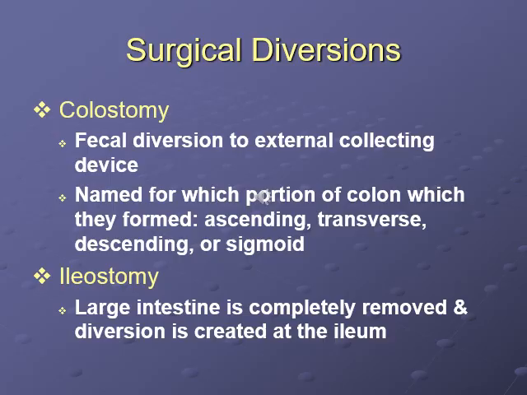So, surgical diversions: colostomy and ileostomy. Again, they're both fecal diversions. Basically, they get their name based on the portion of the colon where they're forming that diversion. So a colostomy will have the diversion in the ascending, the transverse, the descending, or the sigmoid colon. And an ileostomy is where the whole large intestine is completely removed and that diversion is created at